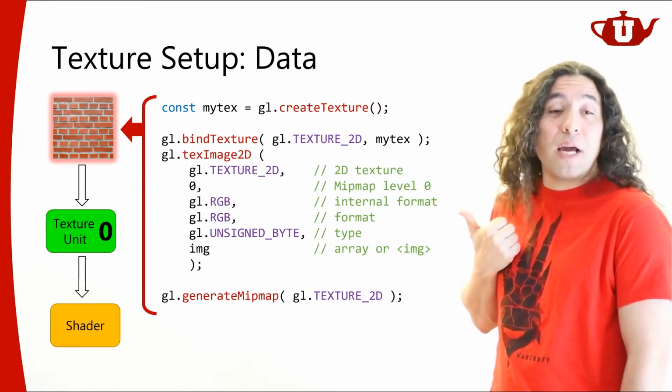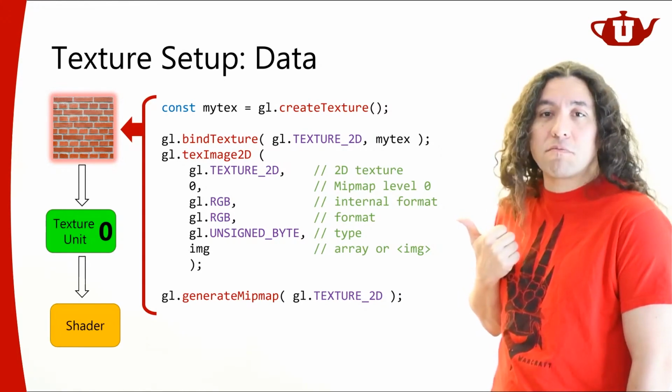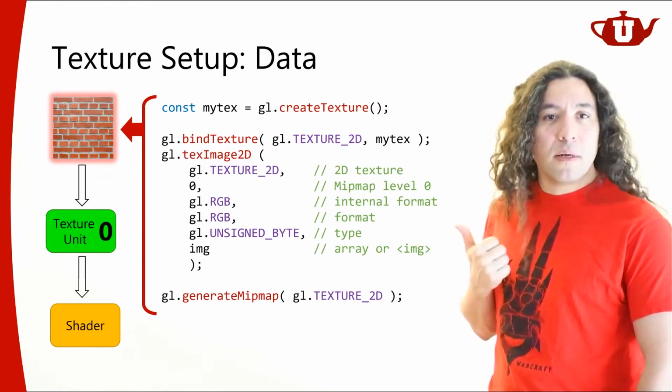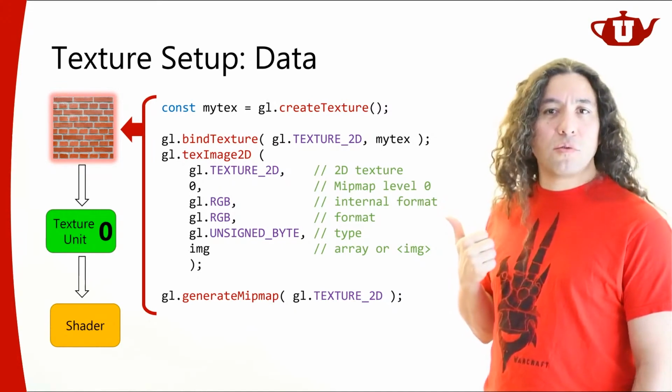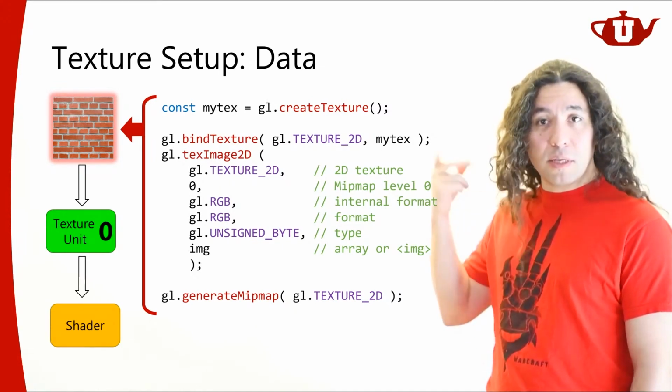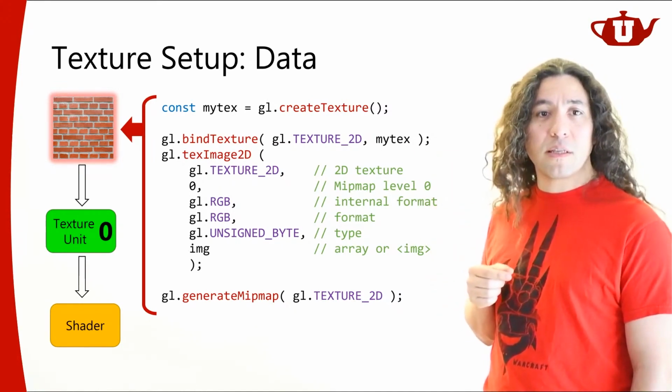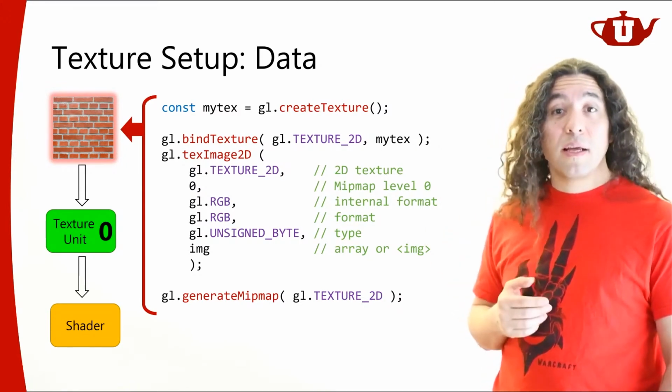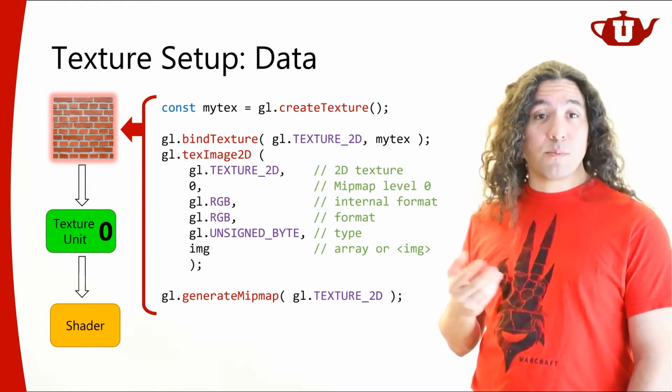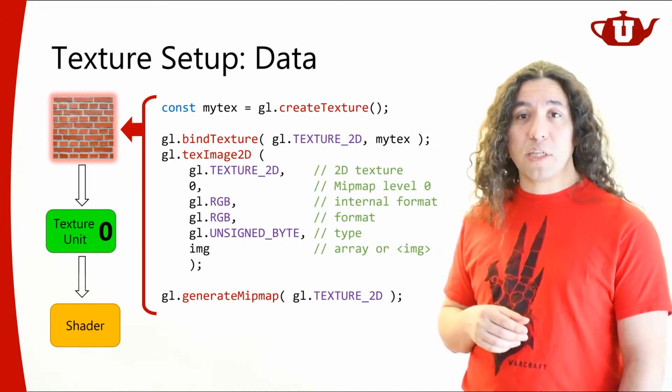In this case, it could be RGBA, it could be just red, it could be whatever. There are different things you can choose. I'd recommend that if you're interested, check out the manual for this function to see all sorts of different texture formats that is permitted by WebGL.